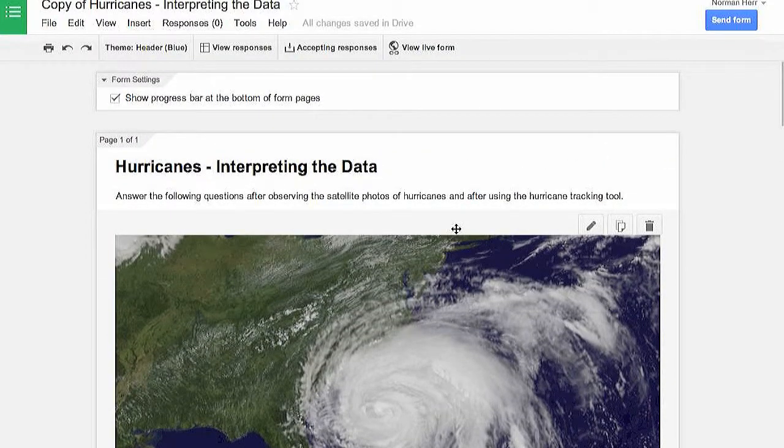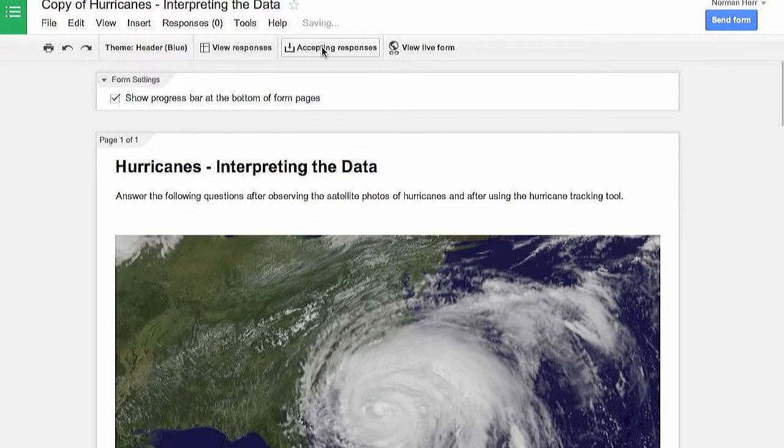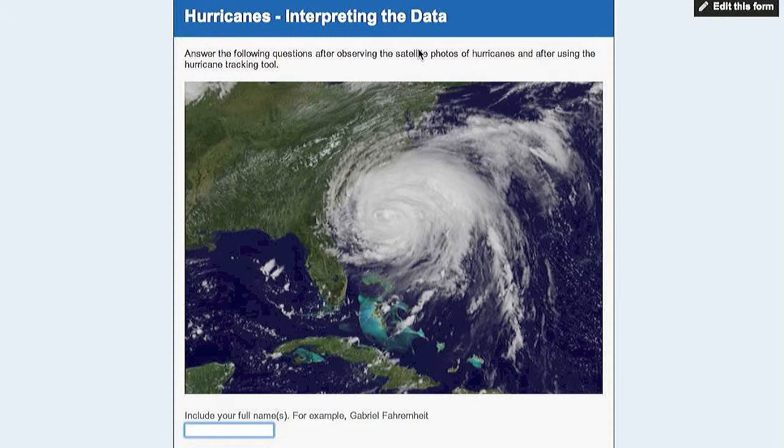So this form now, you can set up to accept responses or to turn it off. Right now, nobody can enter onto this form. But if I turn it back on, then anybody who has the link to the live form, which is accessed right here, can enter data into it. So what you'd want to do is take this URL, copy that URL and put it directly into your particular